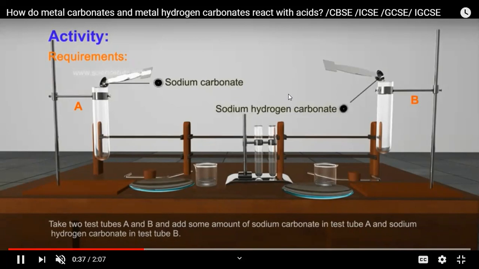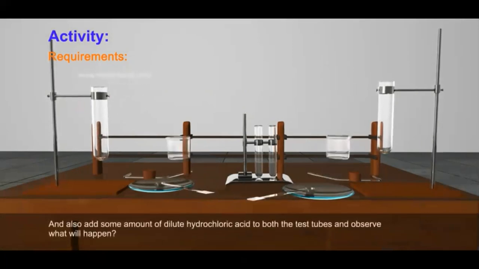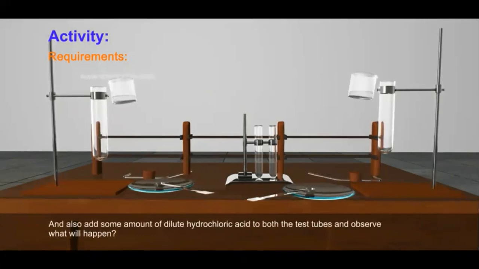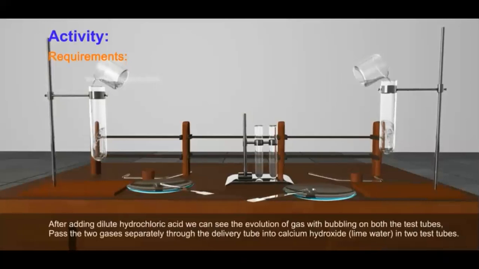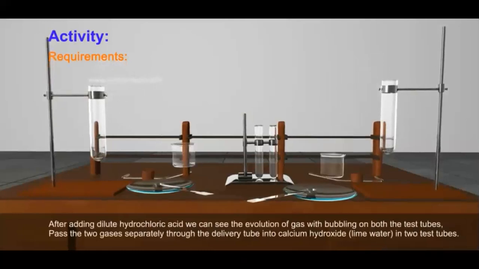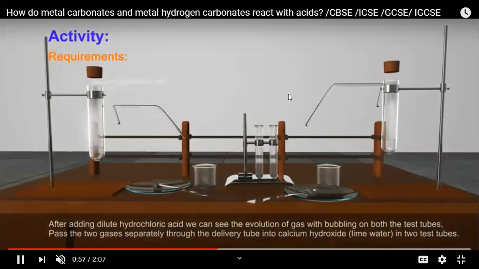Now I will pour the HCl from the beaker into both the test tubes. See, I've added the HCl. As soon as I add the HCl, the reaction is so vigorous that a gas is released from the reaction mixture. In order to control the escape of gas, we cover the test tube with a wooden piece. You can see I have covered the test tube with the wooden piece and gas is evolved.